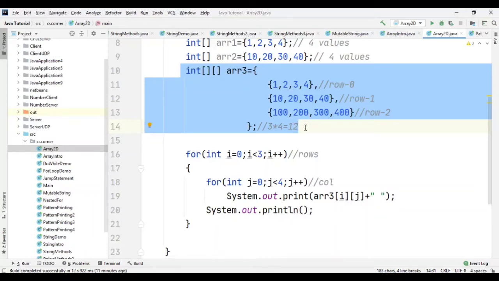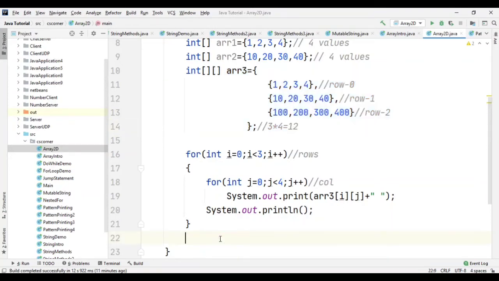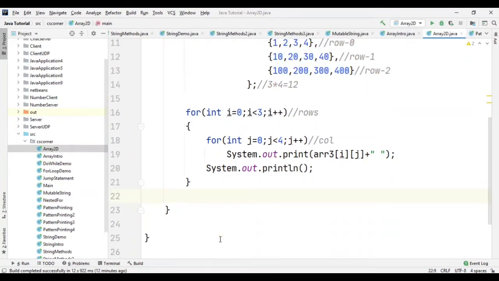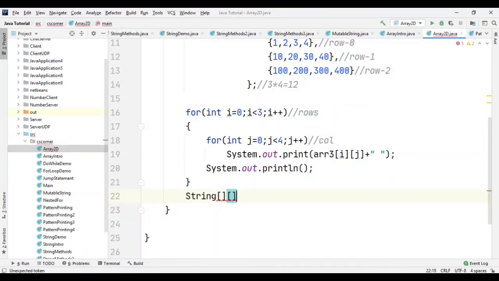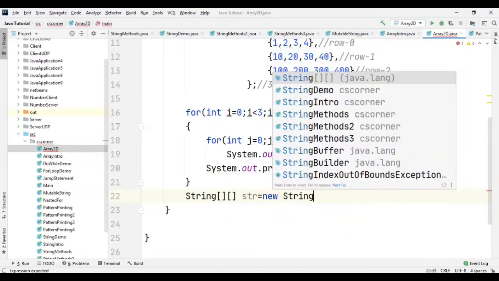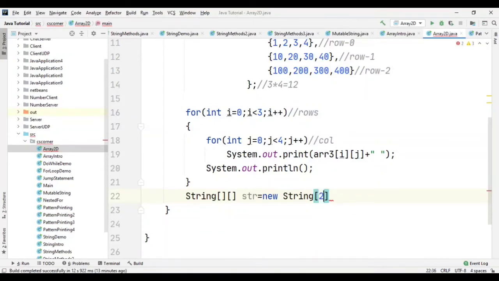Okay. So I have shown you only the one way for declaring an array. There are several ways for creating array variable and assigning value to them. So now let me show you that also. Now I'm using different methods for creating array variable. So I want to create arrays of string. So here I'm writing string and then str, then new string, and then you can pass the row and the column. So total how many values I will be having in this array? 2 multiplied by 3, I will be having total 6 values.